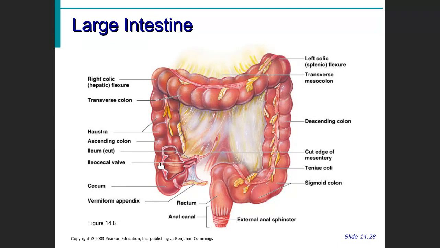So the major job of the large intestine is to remove most of the water from the waste. And of course, the longer that waste stays in there, the harder it's going to get, because it's going to keep removing the water from it, and that can be a constipation issue. Not only is the water being removed, but there's also lots and lots of bacteria in here. And the bacteria are feeding upon the waste and releasing various chemicals that you do need and that you didn't get from yourself, mostly things like vitamins.